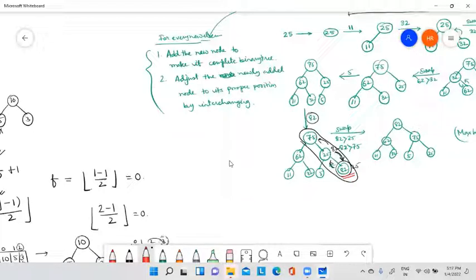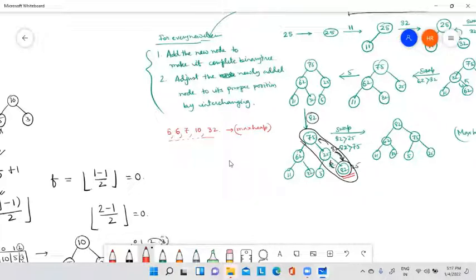It means if your elements are like this, 5, then 6, then 7, then 10, then 32, and you are going to create a max heap, then this will take the maximum time, or this will be the worst case.